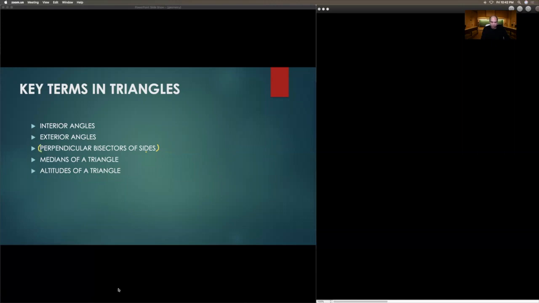Right? So suppose I have a triangle like this, where all the sides are equal and all the angles are equal. So in this triangle, what happens is that the perpendicular bisector, as the name suggests, is essentially created by identifying the midpoint of a side. So if you identify this as the midpoint of the side,